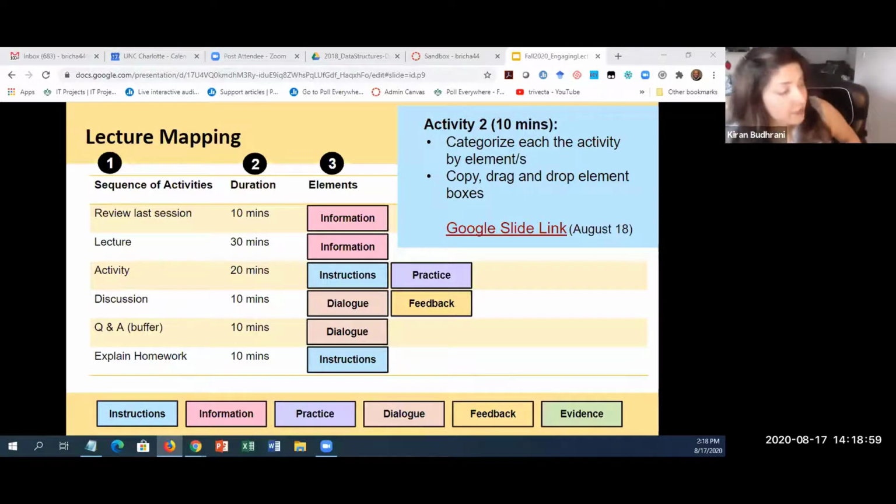This might be the first time you have to do this in Google Slides, but try to do it and see if you can achieve it. If you have a hard time copy pasting these elements, you can just type them into the row. That should be okay too. It's a table that you can just fill in. But the boxes will help you see a more visual structure of your lecture.